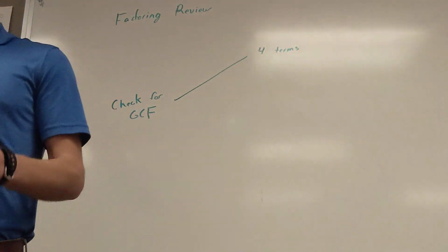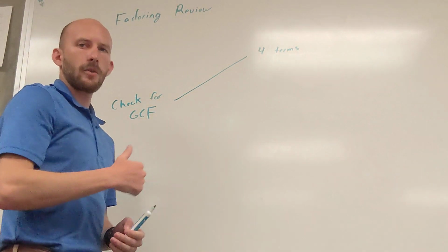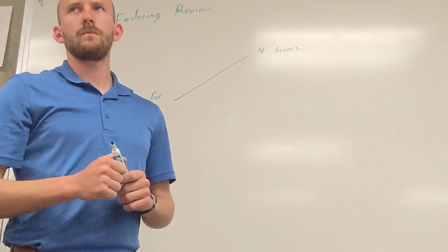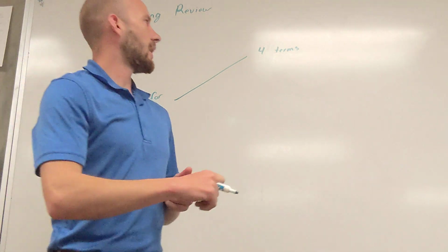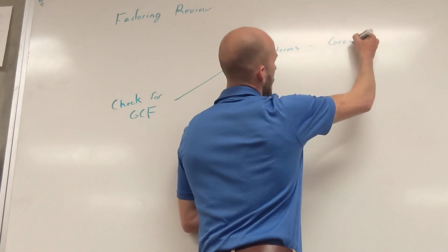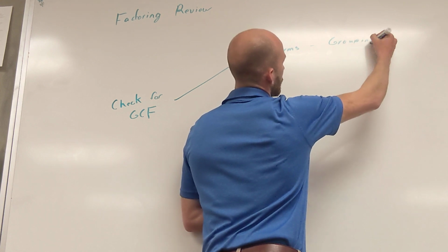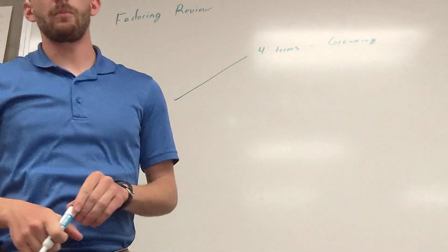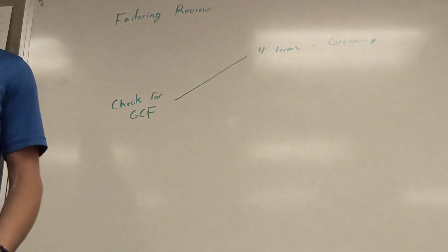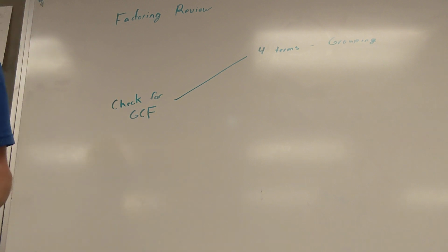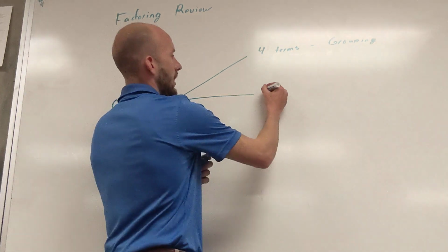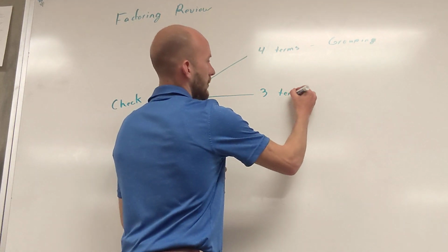Okay. Because if it has 4 terms, does anybody remember the method that we used there? No. Okay. If it has 4 terms, we need to use grouping. Okay, factoring by grouping. Hopefully you guys remember that. If not, we'll go over an example here shortly. If it has 3 terms,